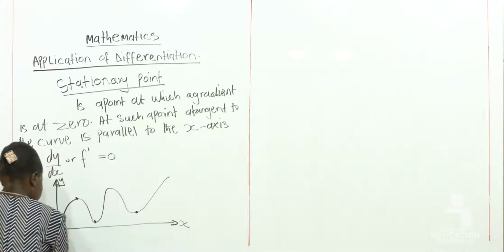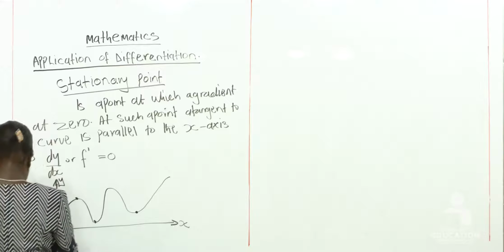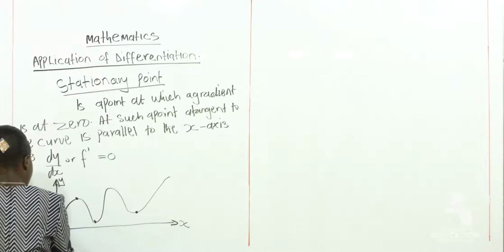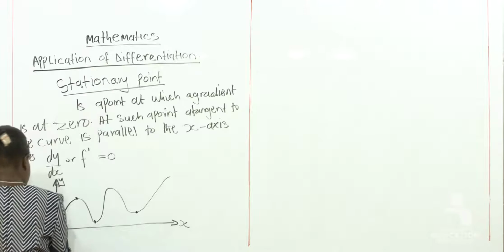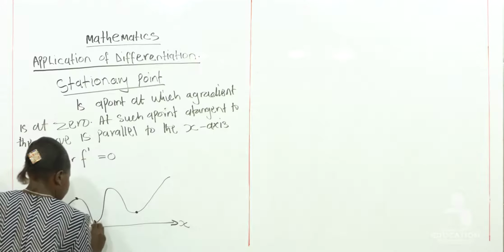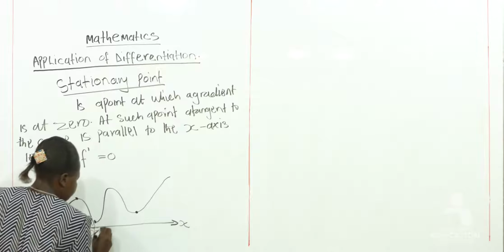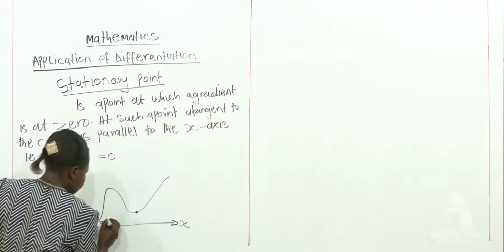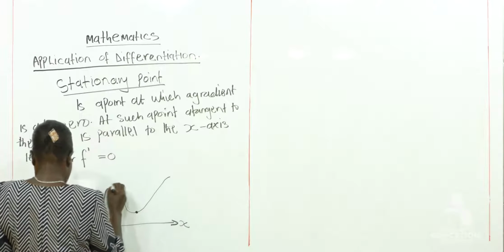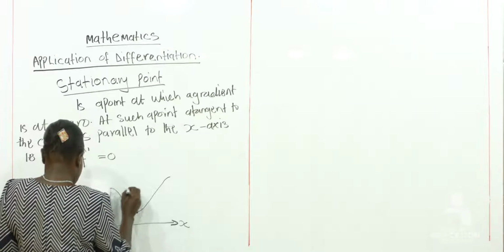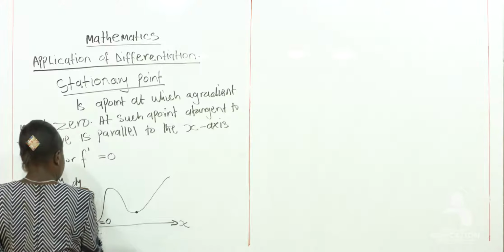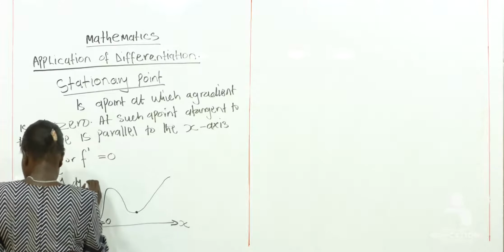You can say this is our starting point 0, and at this point dy over dx is greater than 0, and then here dy over dx is equal to 0. At this point, dy over dx is less than 0,